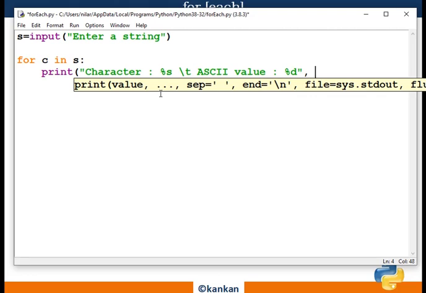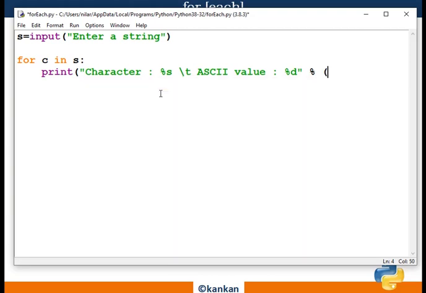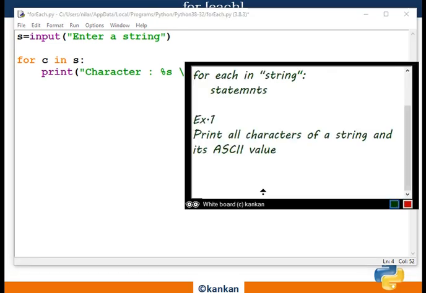Now you need to print the value of the character, that is the C, one by one, and the ASCII value of the character.